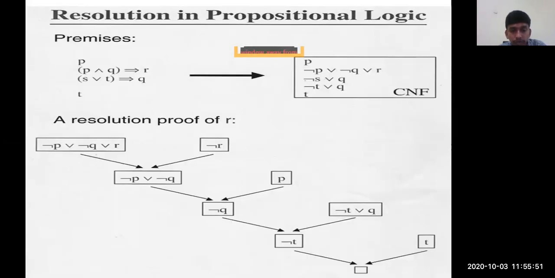You can see one more example here. Initially the premises are given here. You can construct a table and give your solution, or also you can construct a tree-like structure that will be easy for you to showcase your answers. And here you can see at the end you're getting negation T and T, which is again a conflicting term, and finally you'll be getting your answer as null. That's why the solution is accepted. So this is how you need to prove your problems with respect to your resolution method.